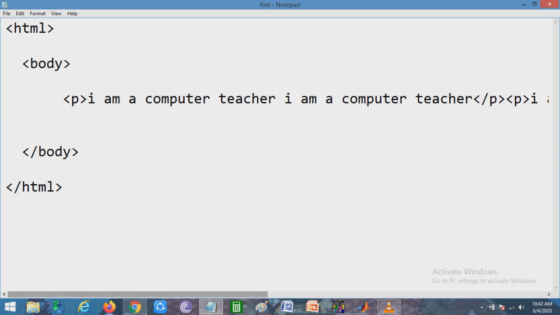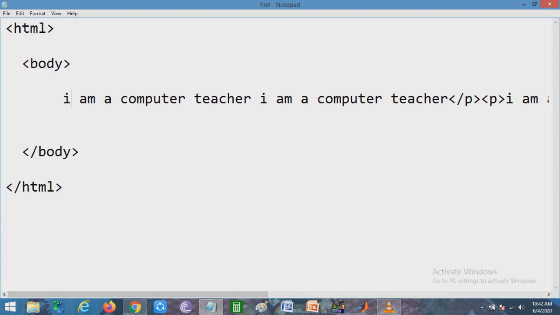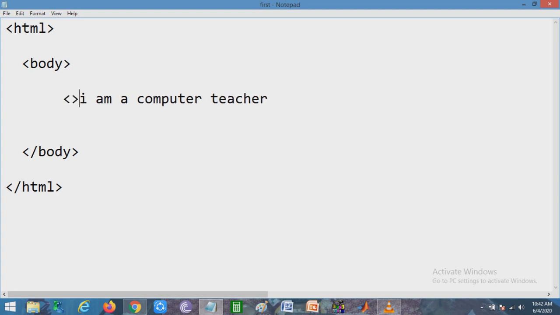Now we are using another tag, that is the center tag. So what is the center tag? I will show you. I am deleting all the tags here. Now it is the basic tag. Now on this HTML code I am using the center tag. Basically the center tag is used to make the word or sentence at the center.